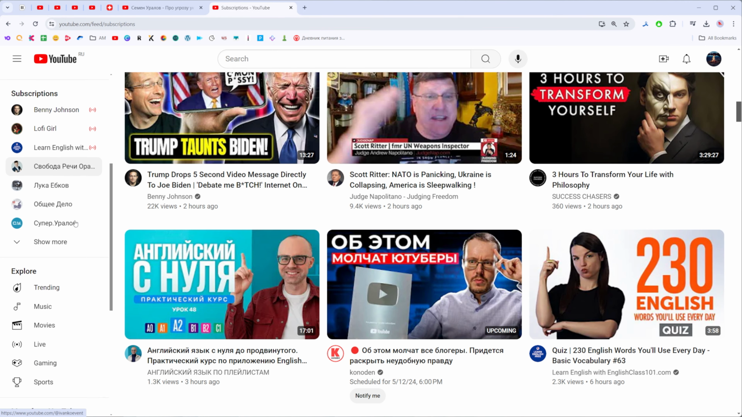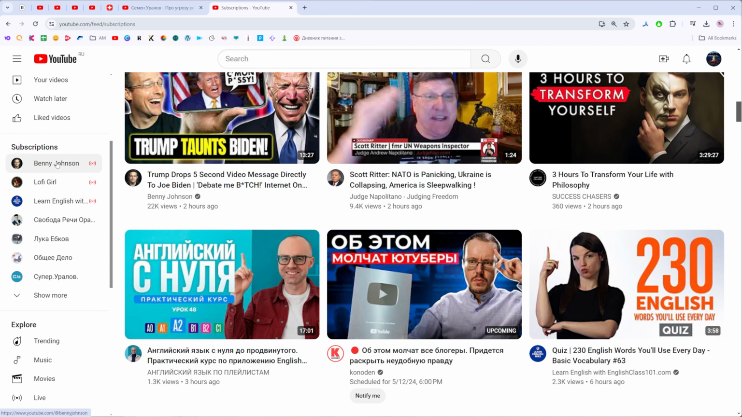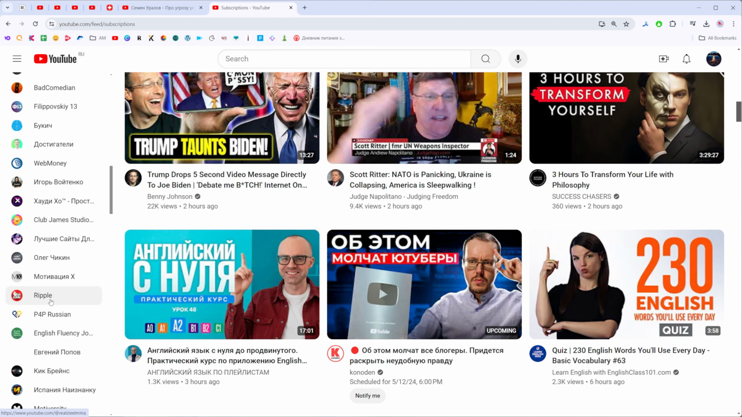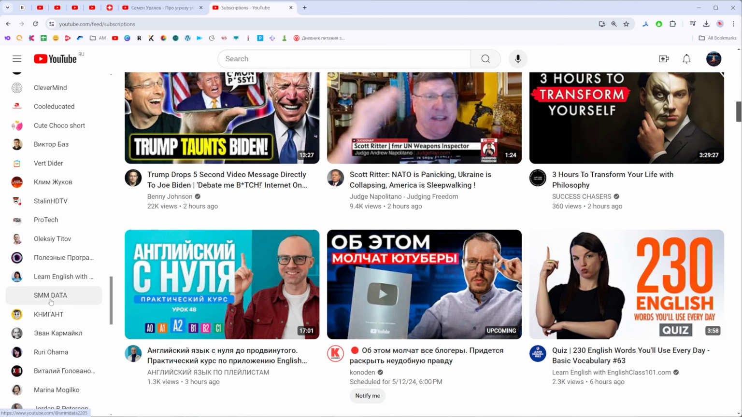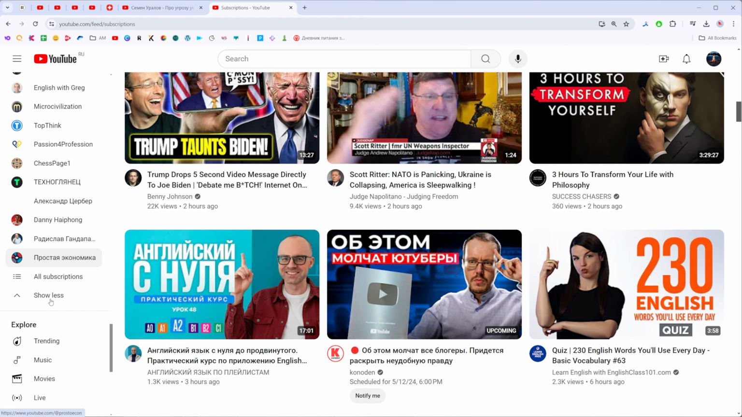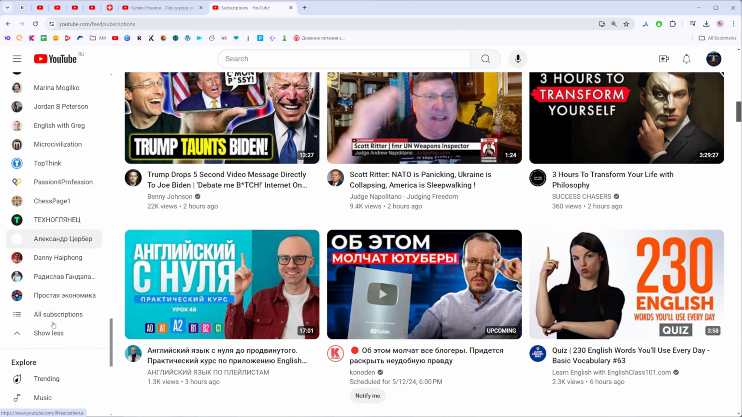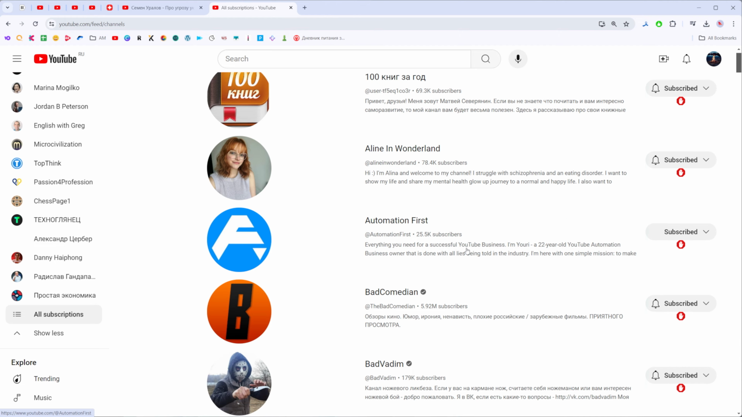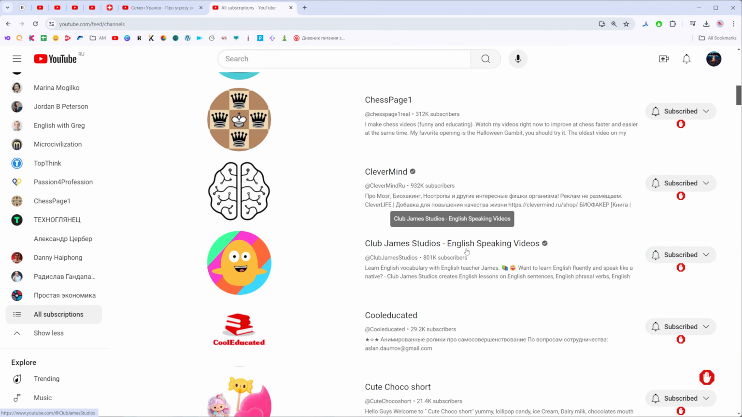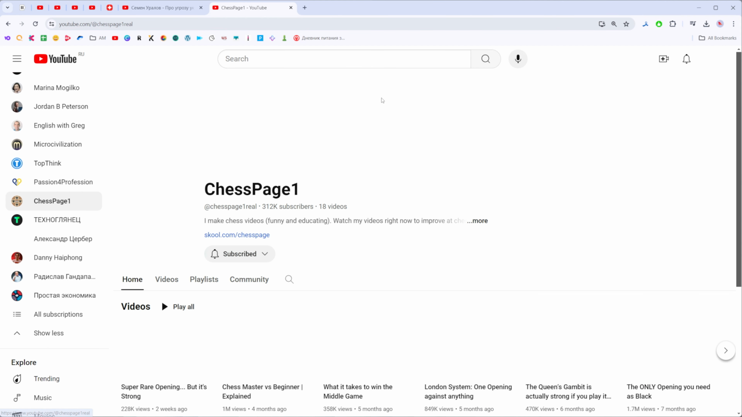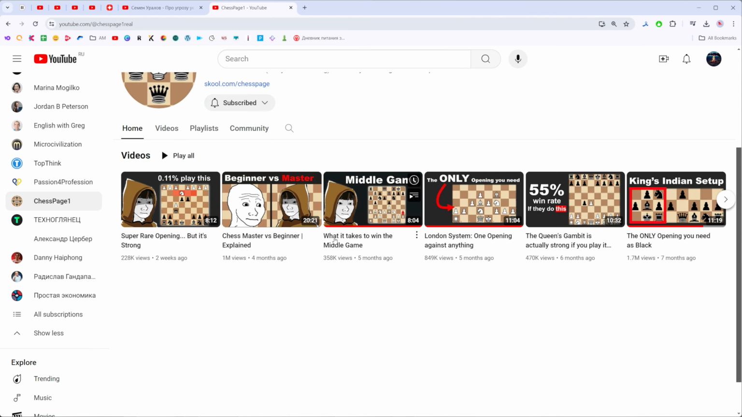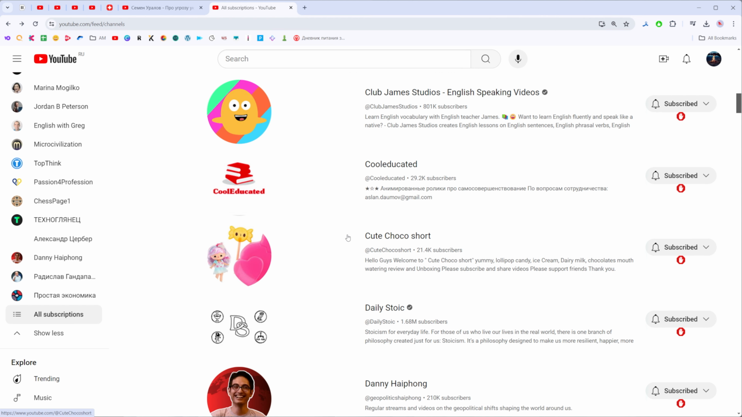However, if we scroll down that left menu, here we can find our subscriptions list, and if we would like to see more, we can click more, and it will show us additional subscriptions here, and also we can then click all subscriptions to go to that interface where we can check them. We can then click any channel to go to that channel's page to watch their videos, and